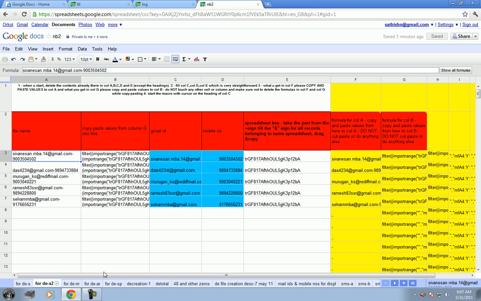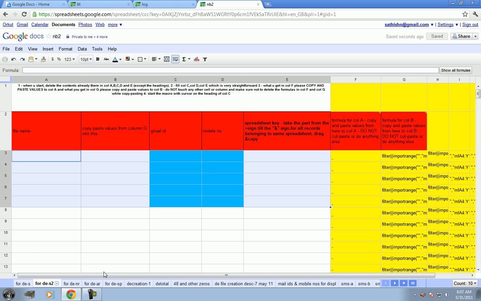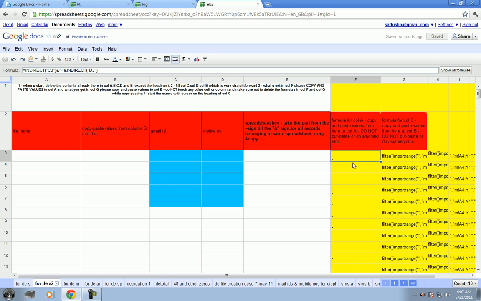I'll first delete this so that there is no confusion at all. How do I delete it? I will not touch the formula, nothing I will touch, only till here I will touch. That's all I will do. If you are also deleting it, please do not touch these. Only touch these, that's all. If this comes in blue color and all, don't bother about all that. These are where the formulas start. Unfortunately, in the cloud, I don't have a means to lock the cells. In Excel, I can lock. That's what I did. In the cloud, I don't have a method to lock. So please do not touch these formulas, whatever. Only touch A to E.